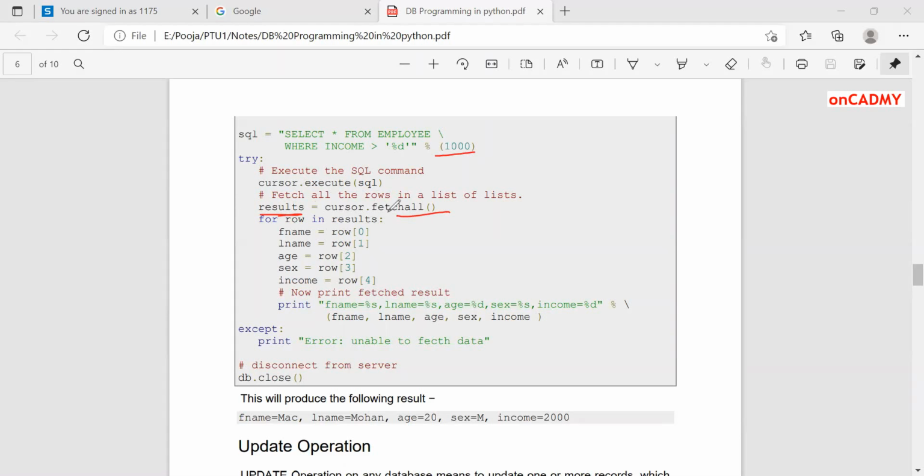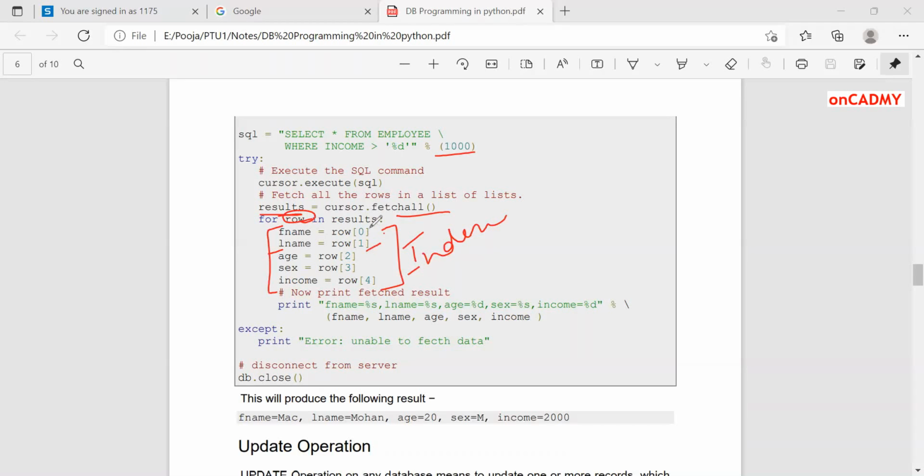For row in results, fname is row 0, then second column, lname is row 1, age row 2, sex row 3, income row 4. Since there are 5 columns, all of this will be retrieved in this way. This is indexing of the list, or you can say that this is a sequence or list.